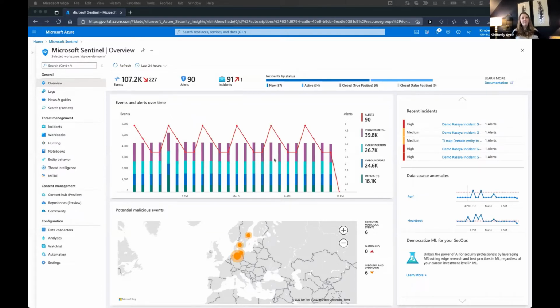So we know that CobaltStrike is threat emulation software meant for pen testers, but sometimes used by actors with malicious intentions, right? The purpose of this demo is to not really get into the details of how an analytic was written to generate the detection, but rather we want to show you how for a given incident, we're able to extract entities such as IP addresses or domain names from the incident. And from there, we're going to go out and collect the external telemetry on those indicators. That's the data that's offered by RiskIQ Illuminate. And then we're going to use that data to triage the incidents more quickly.